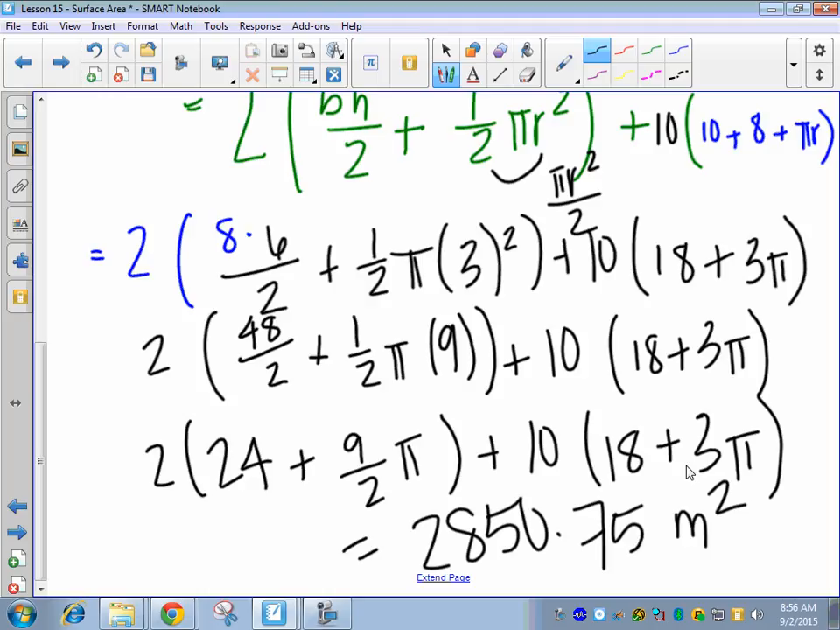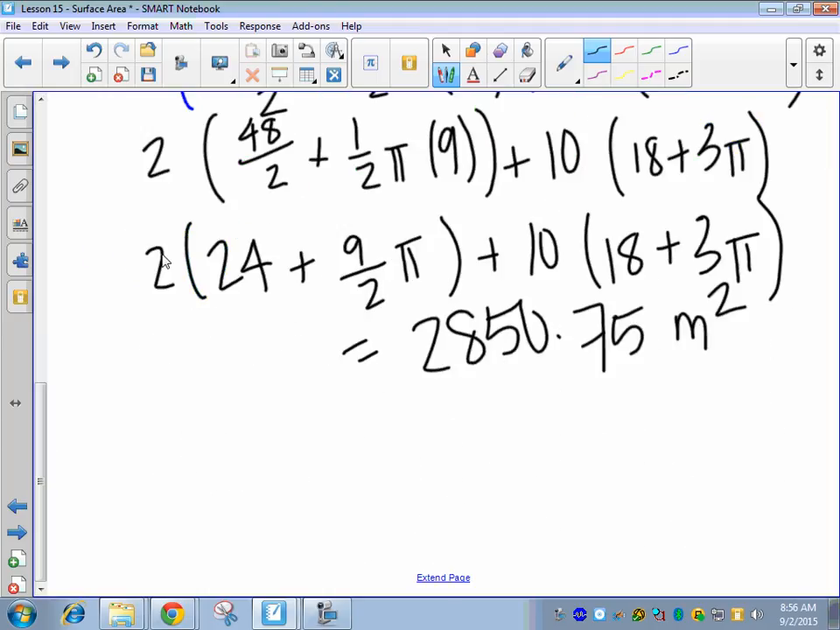Okay, so this is sort of tricky to plug in, you guys. What you would have plugged into your calculator was 2 parentheses 24 plus 9 divided by 2 times pi, close parentheses, plus 10, close parentheses, times 18 plus 3 pi, close parentheses. What's up, Sophie? 350.522. So guys, if you calculated that a little bit off,